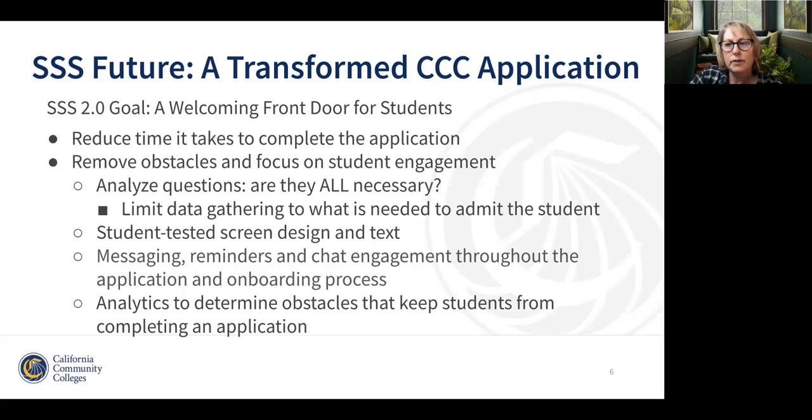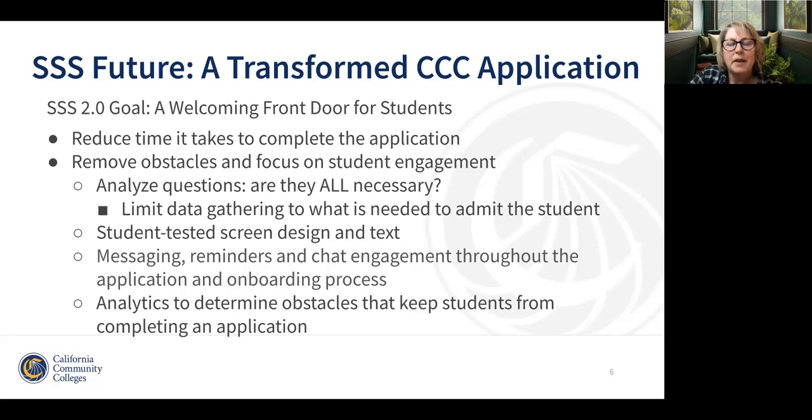So we wanted to focus on the standard application. Most of you understand and know that well over 85% of the fields there are mandated, legislated fields. So we can't just say we want to take them out and remove them. The other 15% are typically just the student's profile and address information. So most of everything that's on there now, we have to actually get some collaboration with the Chancellor's Office and the legislature to remove, but there is a lot of support for that with the Chancellor's Office to streamline the